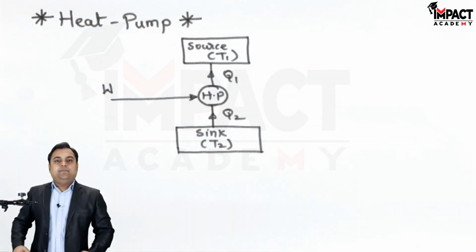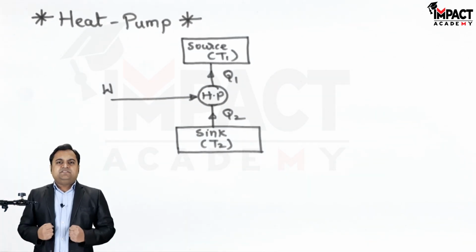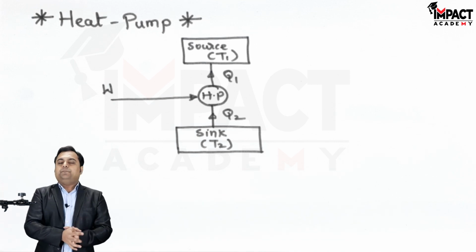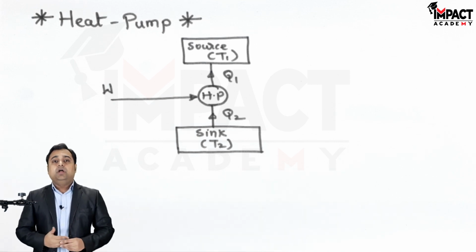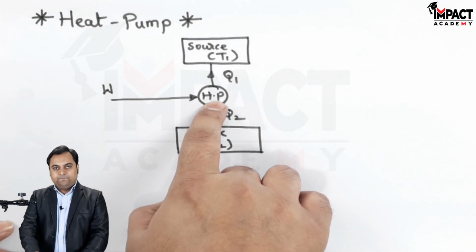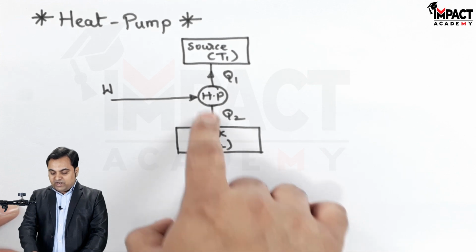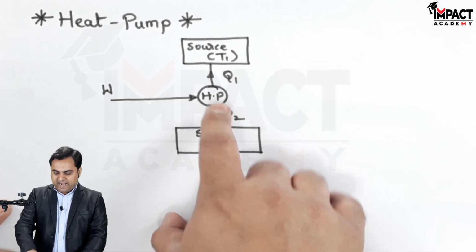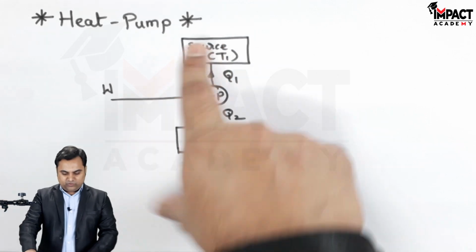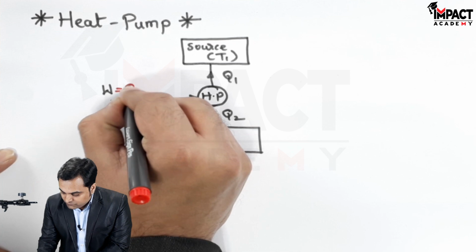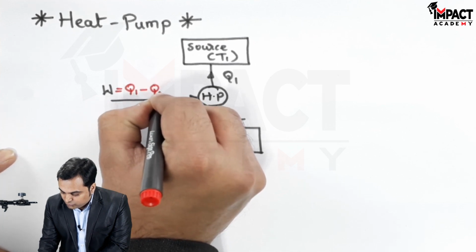Now here is the diagram of a heat pump. A heat pump is that device which consumes work. That is, it is not a work producing device but a work consuming device. And when we give this work input to the heat pump, it will extract heat from the low temperature reservoir and deliver it to a high temperature reservoir, and this W, that is the work input, is Q1 minus Q2,